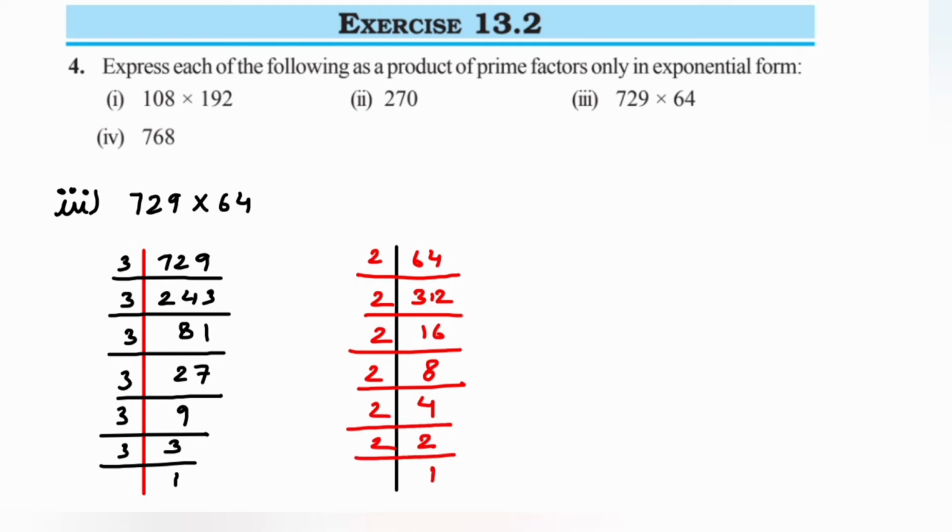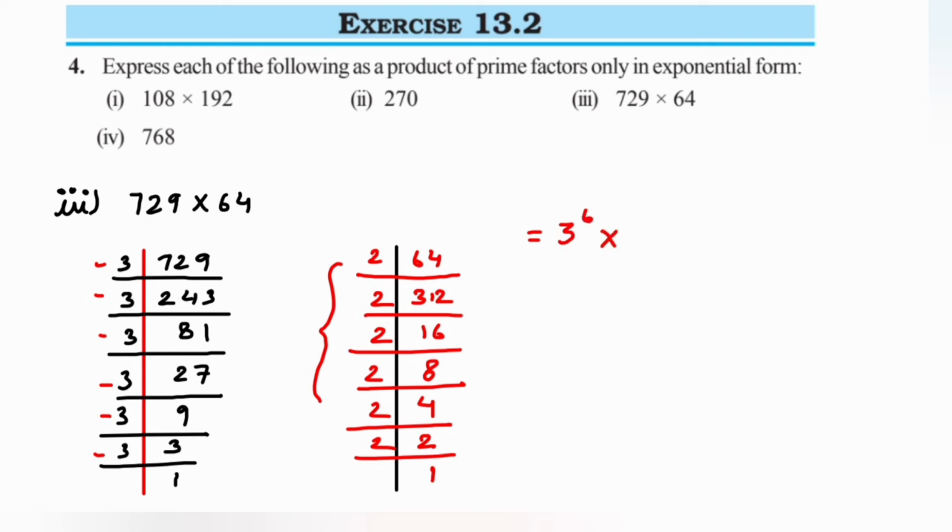Now we'll combine all the factors together and write them down. Here I'm doing it directly. Instead of expanding and writing them, I'm just going to count here itself. How many times are we getting a 3 here? 1 2 3 4 5 6. Only 6 times, and here we are not getting any factors of 3, so I'm writing it as 3 to the power 6 multiplied by...